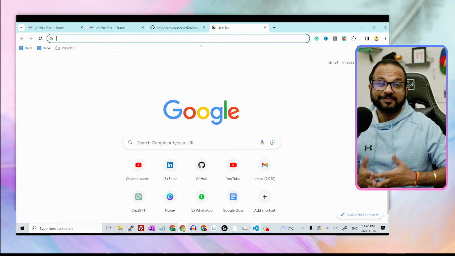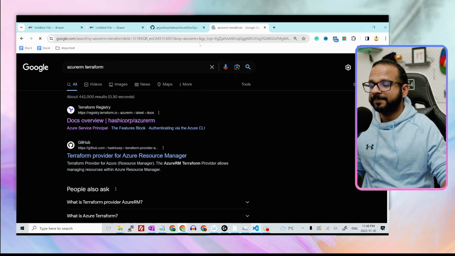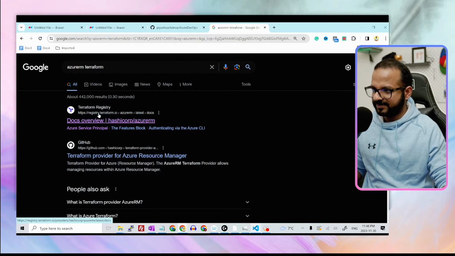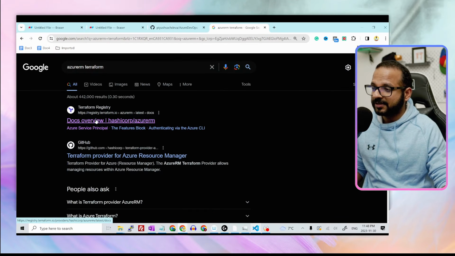Okay, so as part of the first step, I'll go to my web browser and search for Azure RM Terraform, right? And go to this link, which is registry.terraform.io, and it has the Azure RM provider documentation. Go over there,